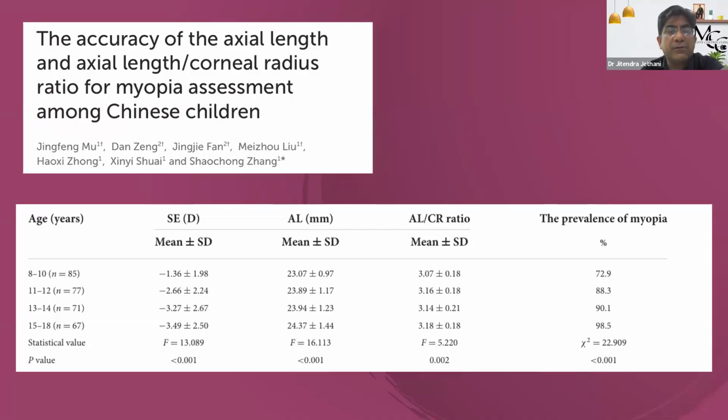See, what is the heading? The accuracy of axial length and axial length upon CR ratio for myopia assessment. So basically, without going for a refraction, you are trying to assess, based on axial length and axial length upon corneal curvature ratio, whether this patient would be myopic or not. Now, what they have found is that the prevalence of myopia increases as the AL upon CR ratio increases, and if it is more than 3.2, then the chance that the patient is myopic is almost 98.5%. So that is what I was saying, that this can predict myopia, but may not predict myopic